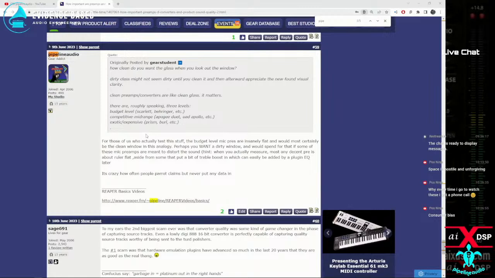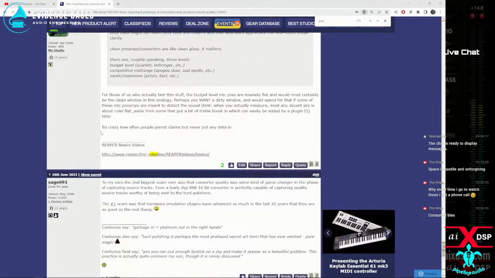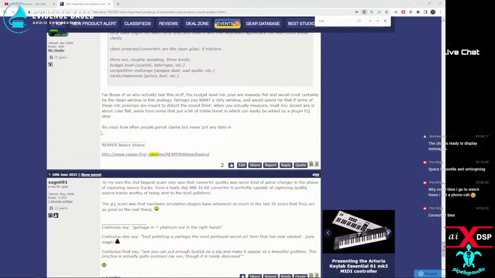I mean, again, bring the evidence. So I had to say, for those of us who actually test this stuff, the budget level mic preamps are insanely flat and would most certainly be the clean window in this analogy. Perhaps you want a dirty window and would spend for that, if some of these mic preamps are meant to distort the sound. Hint: when you actually measure, most any decent pre is about ruler flat. Aside from that,